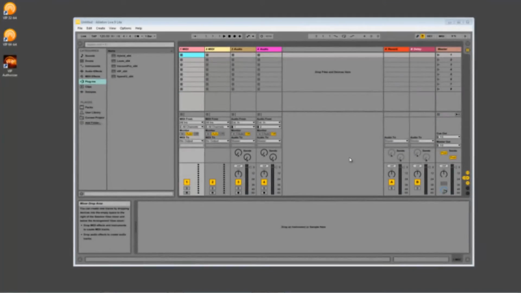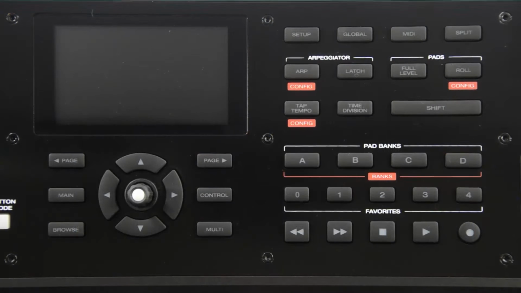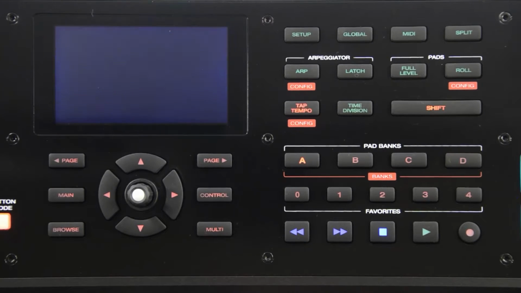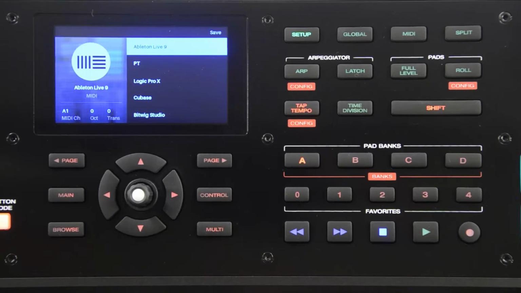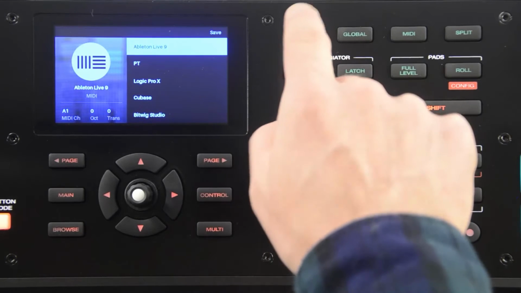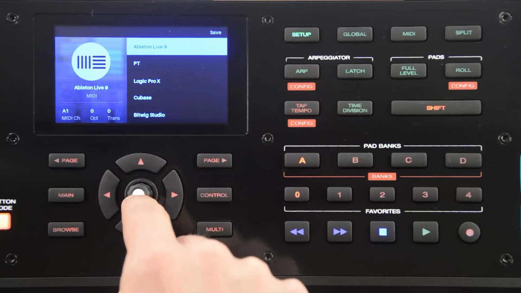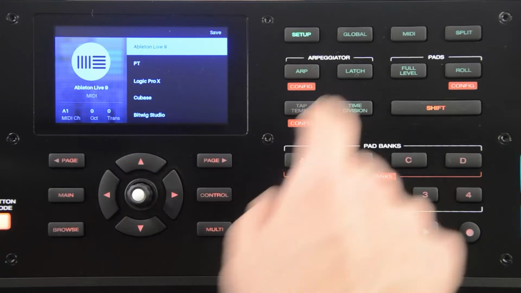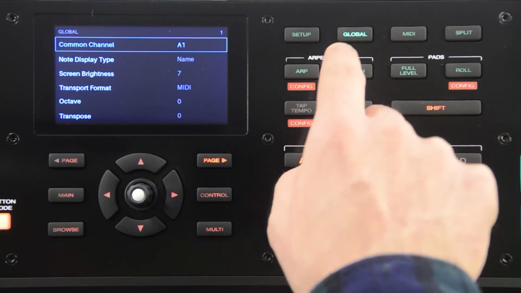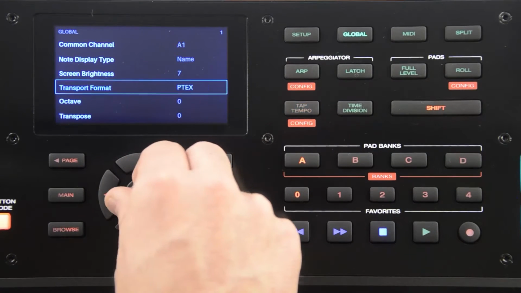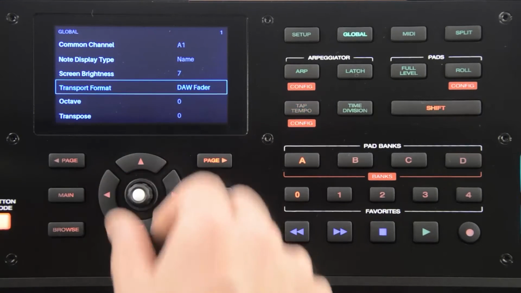When you're ready, start by connecting your CTRL49 with the provided USB cable and powering it on. Once it's fully powered up, press the Setup button and select the Ableton Live 9 preset. Press the Global button and make sure that the transport format is set to DAW fader. This will ensure that the faders and transport control are using the same protocol, which in this case is Mackie